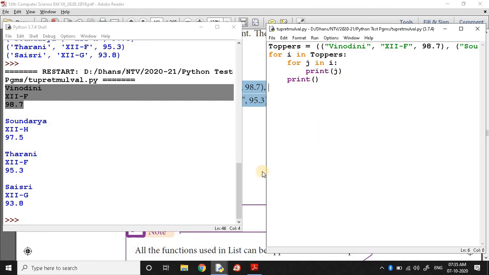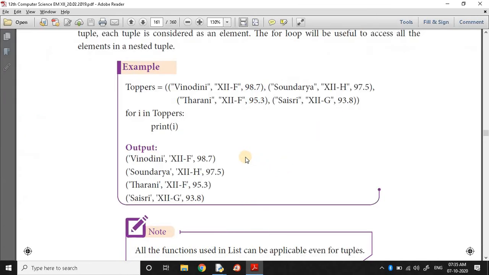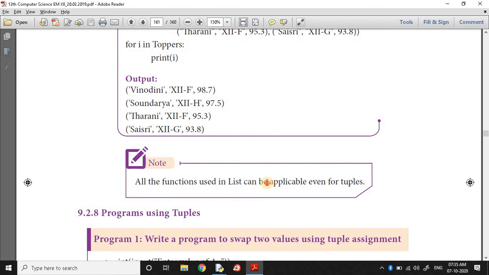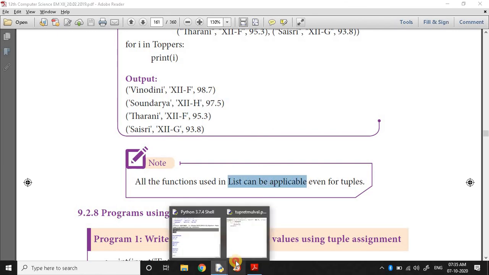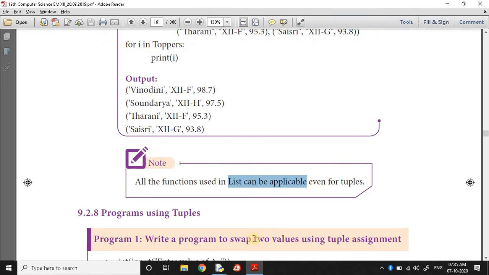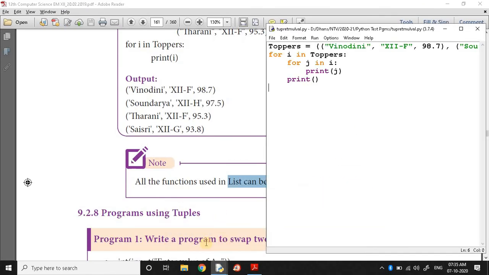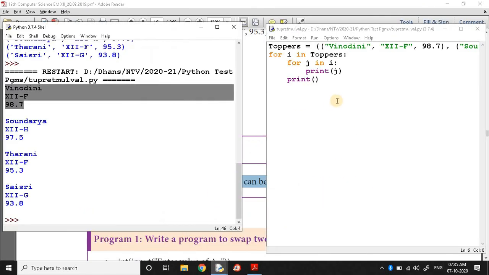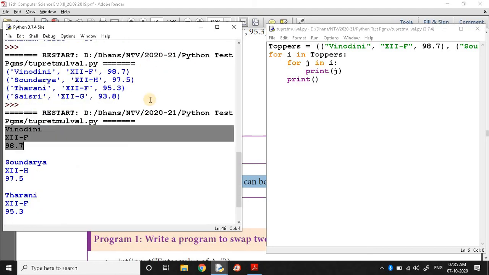This is also possible. This is not given in your textbooks. So you can see all these things. Both are possible. First one, without inner loop.